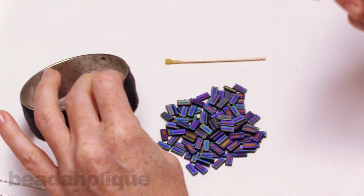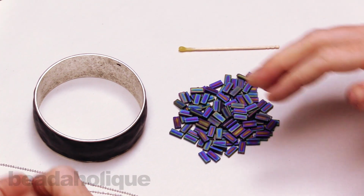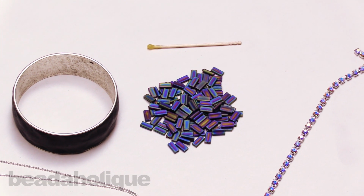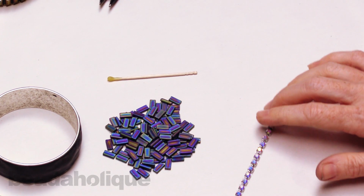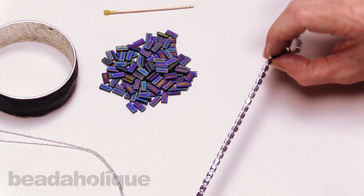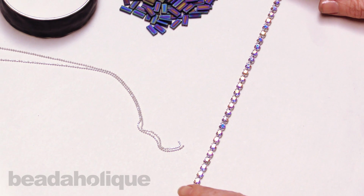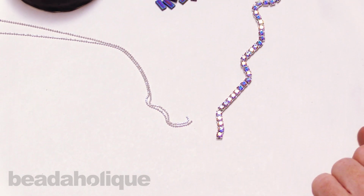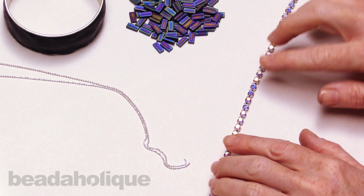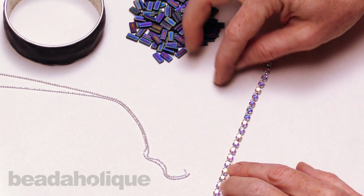All right, let's set down our rhinestone chain first. So this is cup chain. If you're not familiar with rhinestone cup chain, this is Swarovski crystal. It has these little metal bridges that connect all your little pieces. And you can make it really tight together, or you can make it really spread out. For this project, we want it spread out because we're going to then